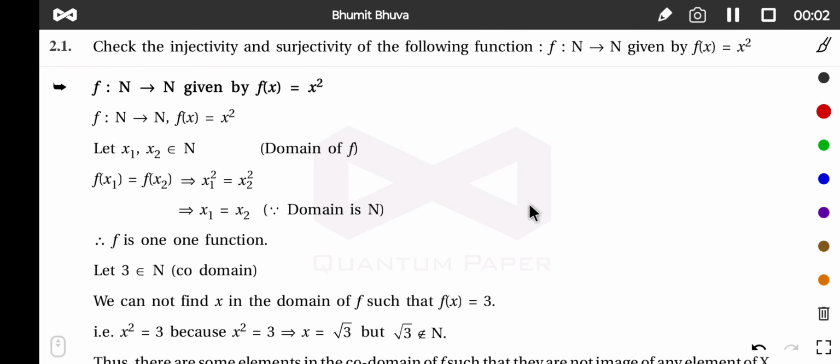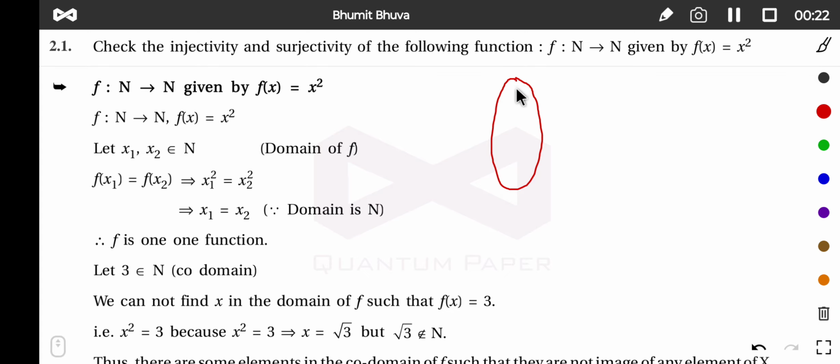Hello everyone. Today we will discuss whether the function f of x is equal to x square is surjective and injective or not, from the natural numbers to the natural numbers. Okay. So what is the meaning of injective? Injective means one-one. So the meaning of injective is, if you take any element from the domain, so in this question the